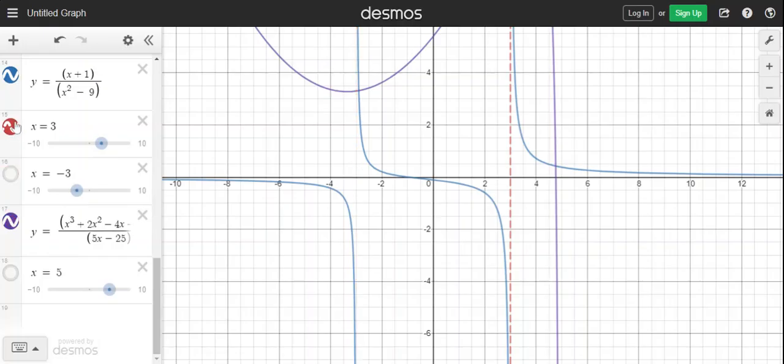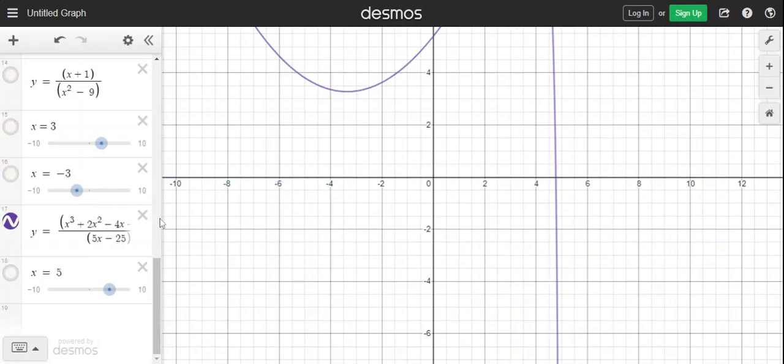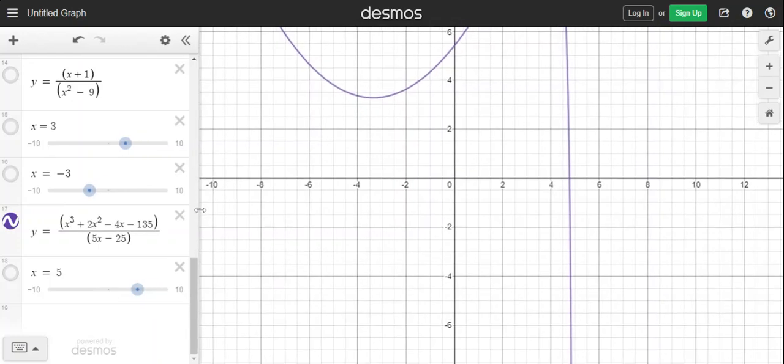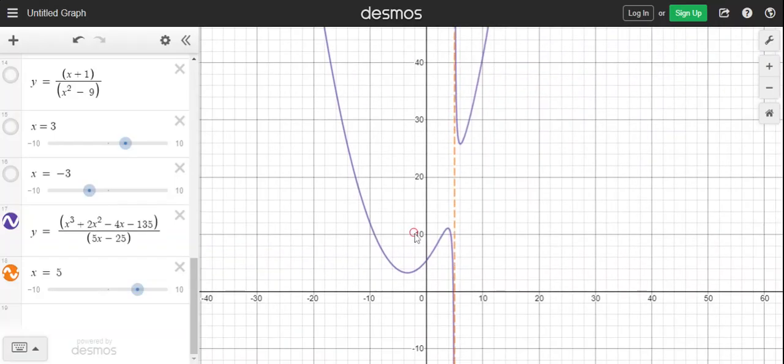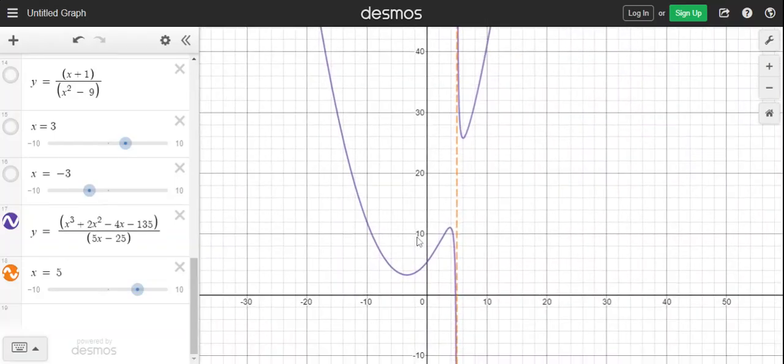Then this is another one. This time the degree of the numerator is 3. We have a cubic polynomial at the top, and we have a linear binomial in the denominator, whose root is actually x equals 5. So that is a vertical asymptote for this function, but we don't have a slant asymptote this time. You see how the graph looks. We don't have a slant asymptote because the degree of the top is 2 more than the degree of the bottom. The top is a cubic polynomial of degree 3. The bottom is a linear